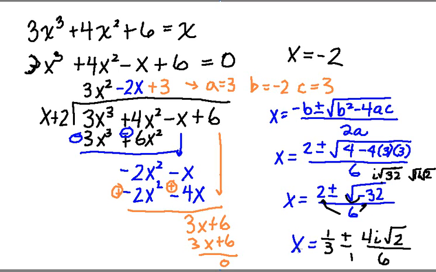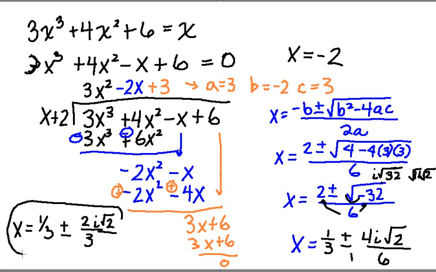And now I can see that this simplifies into x equals 1/3 plus or minus, my 4/6 reduces down to 2/3, i square root 2. So that would be my solution. Two of my solutions: 1/3 plus or minus 2/3 i square root 2. And my other solution was real, and we came up with that in the beginning, and that was x equals